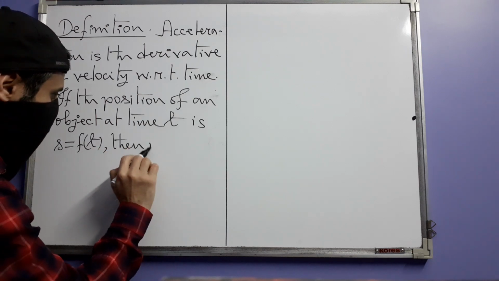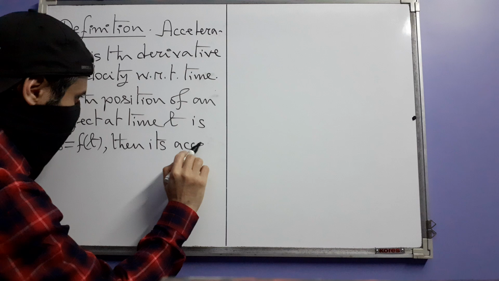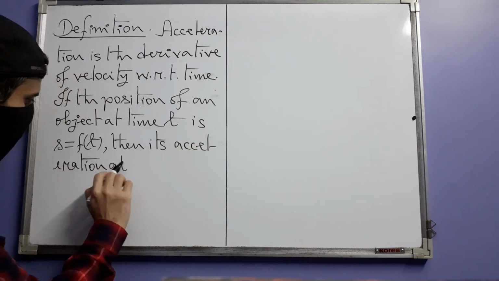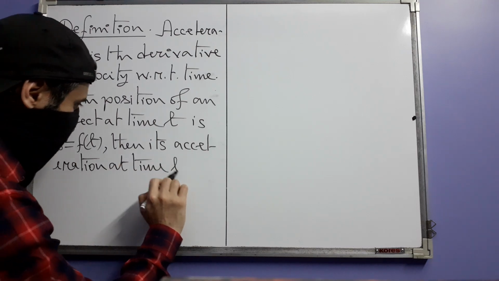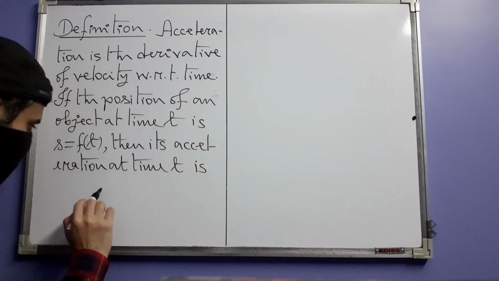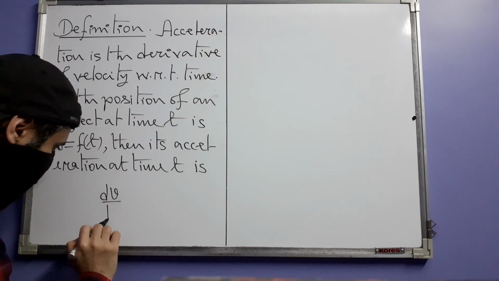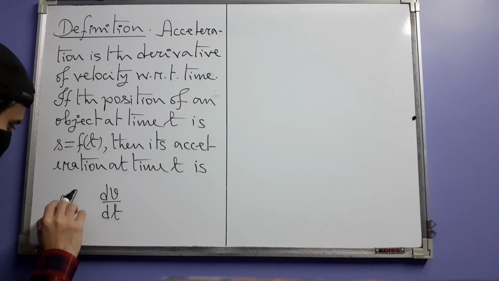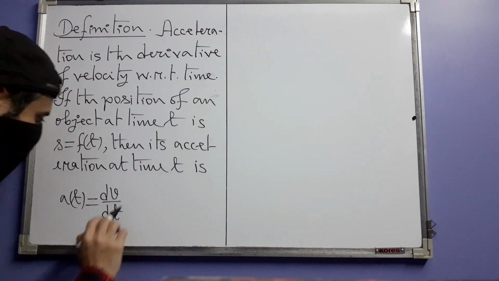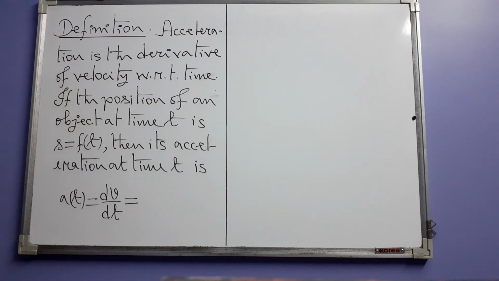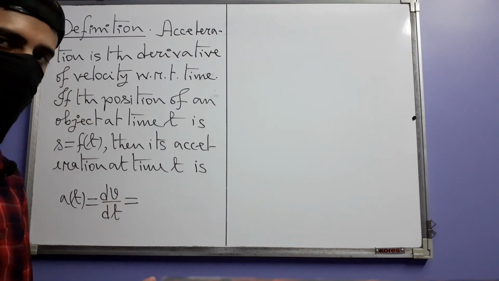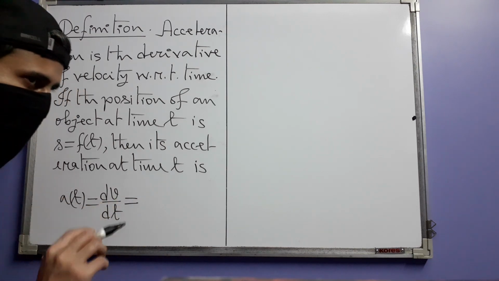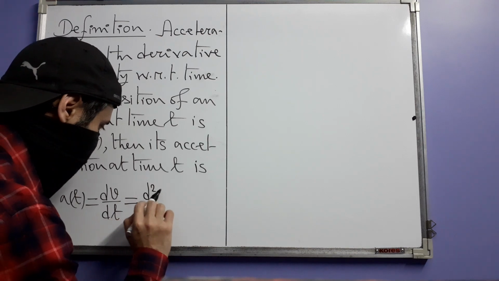then its acceleration at that same time instant t is dv dt, derivative of velocity with respect to time, and we denote acceleration by a of t. Now we know from our previous discussions that velocity itself is the derivative of position with respect to time, and that's why acceleration becomes the second derivative of position with respect to time, d squared s